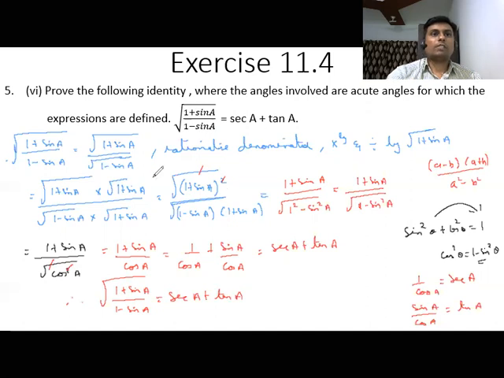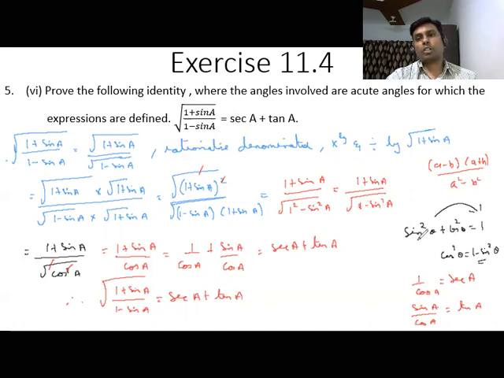So what we did: first we took the left hand side, root of 1 plus sin A by root of 1 minus sin A. That is root of 1 plus sin A divided by root of 1 minus sin A. So we rationalized the denominator. For that we multiplied and divided by root of 1 plus sin A. Now, root of 1 plus sin A into root of 1 plus sin A is 1 plus sin A. The root will get cancelled because it becomes a square. And root of 1 minus sin A into 1 plus sin A is A minus B into A plus B, which is A square minus B square. So it is root of 1 minus sin square A.